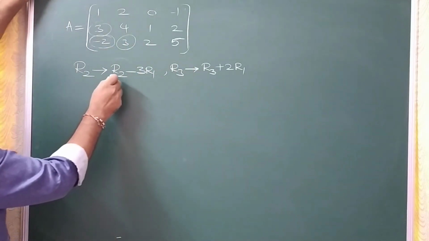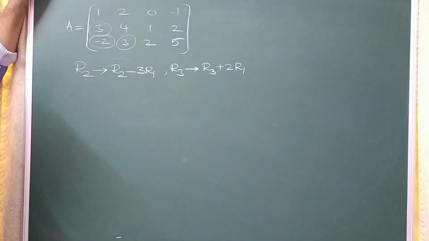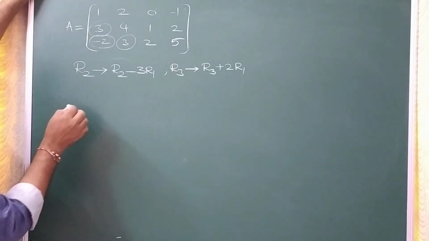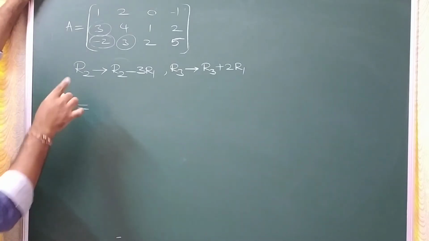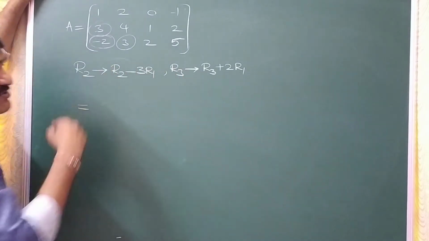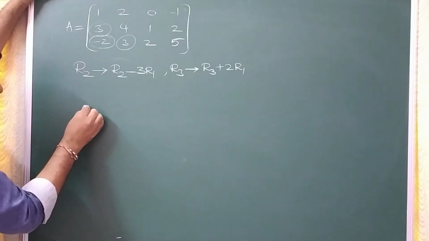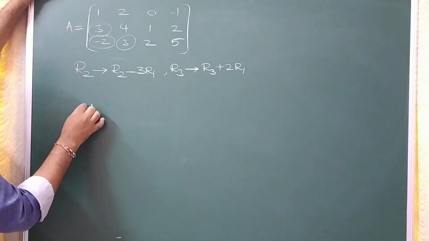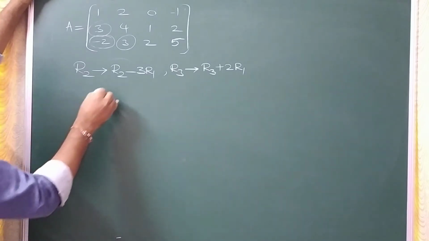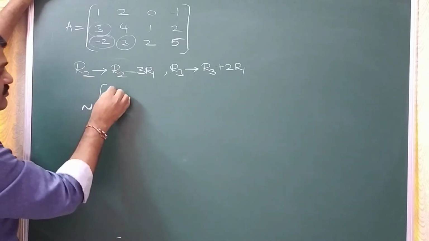So by doing these transformations, the matrix will definitely change. The rank will not change. The matrix will definitely change. So I cannot write equal to here because this matrix is not going to be the same when you do these transformations. Therefore, we should write that this is equivalent to. This is the symbol of equivalence. Equal to you should not write because the matrix will change. We will write this is equivalent to.